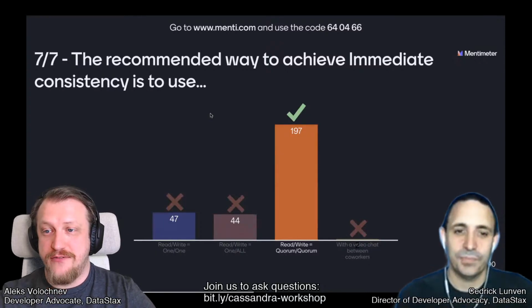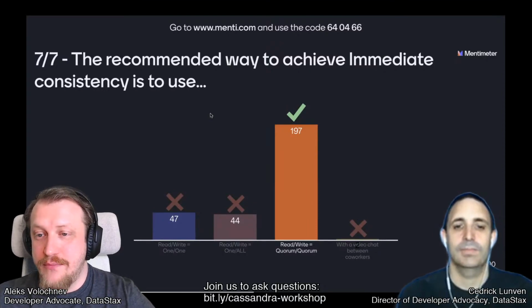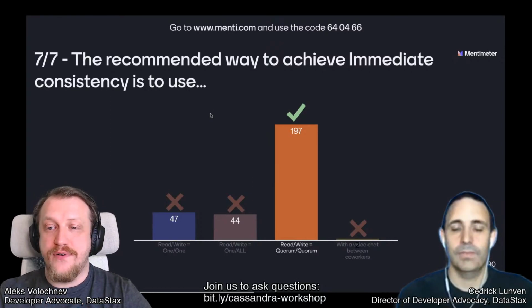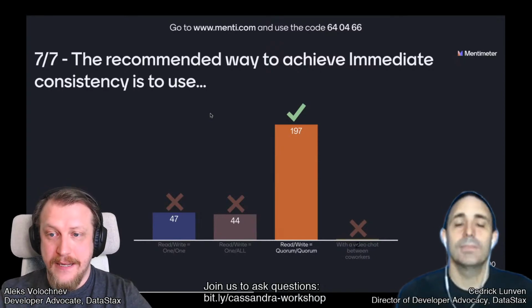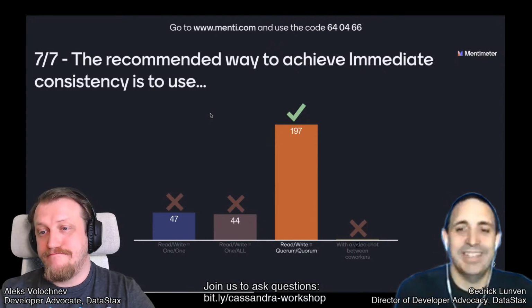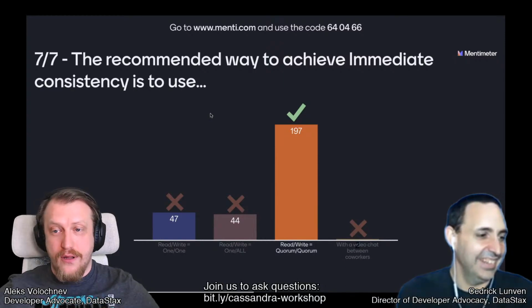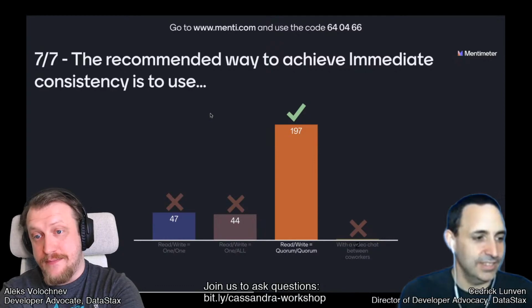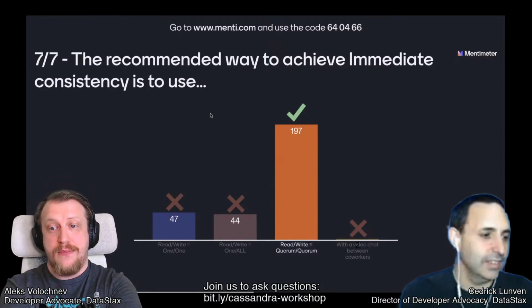The answer number 2, read 1, write all, is technically also correct, because you will also have immediate consistency. But it's not the recommended way, because you may lose your high availability. And answer 1-1 is definitely not the way to achieve immediate consistency.